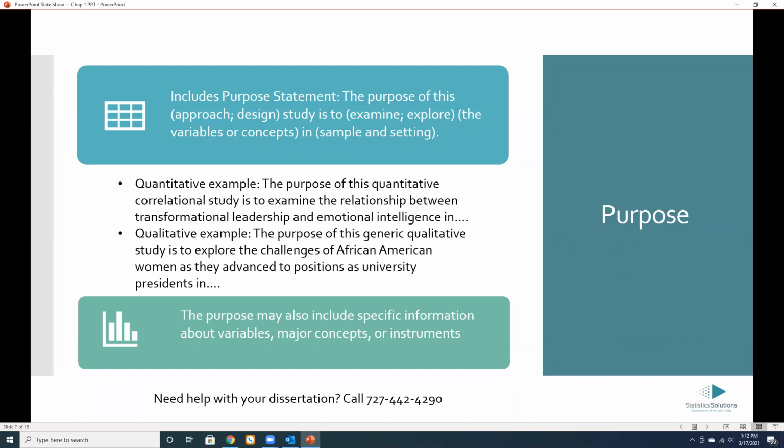This is where you put your specific sample and setting. In seven college coaches and universities in the Southwest, or something like that, whatever it happens to be for your specific study. And there I give a quantitative and a qualitative example. Again, they would just end in your specific sample, whatever your specific sample would be, using in your specific setting. The purpose may also include specific information about your variables, your major concepts, your instruments, to measure, let's say,